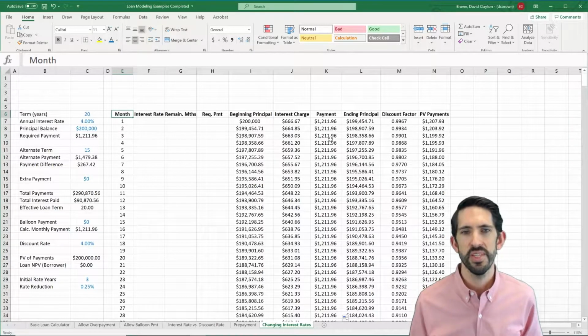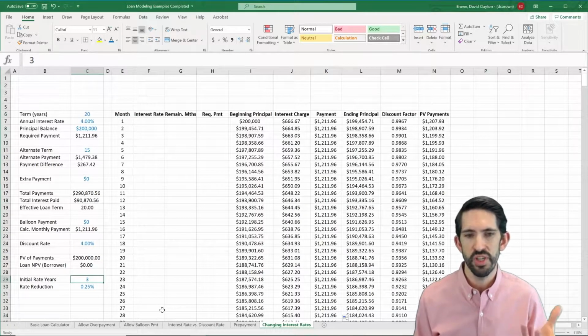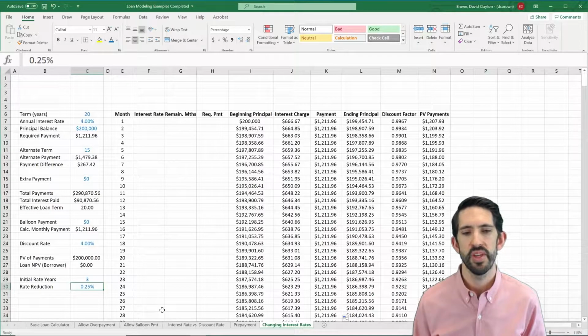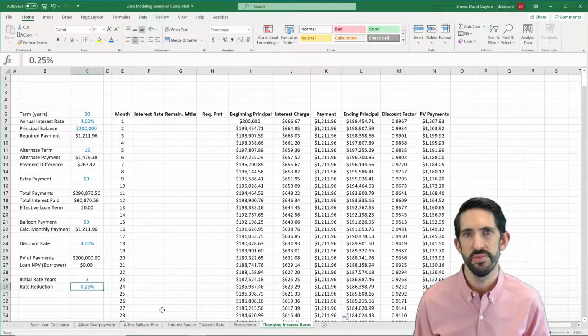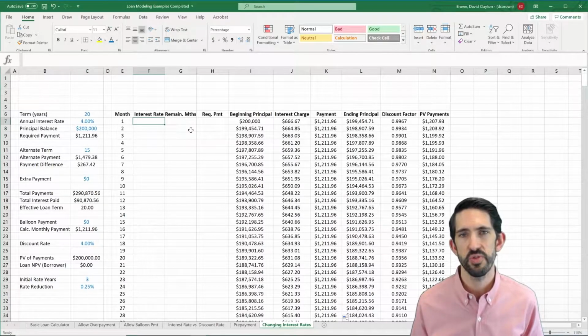So the way we're going to do this is we're going to have an initial rate period, 3 years. And after those 3 years, we assume you make your payments on time. You then get a 25 basis point reduction. So what we're going to have to think about is that the payment is going to change when the interest rate changes. So the first thing we're going to need to do is get the interest rate for each month